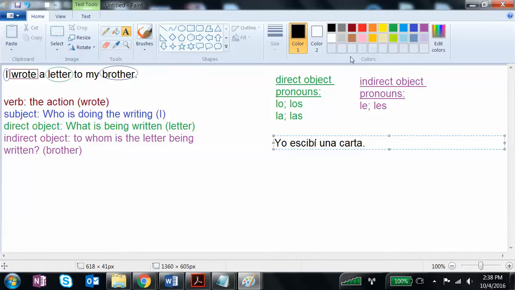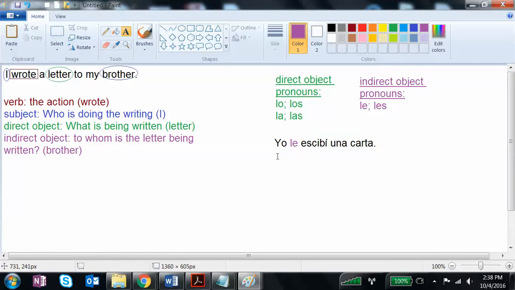And since it's singular, I'm going to want le. And where these guys go, we would say, I wrote him a letter, we would stick it here. In Spanish, both of these guys go in front of conjugated verbs. So even though it means him, I'm going to stick it here. Yo le escribí una carta. Okay? But if I wanted to say,